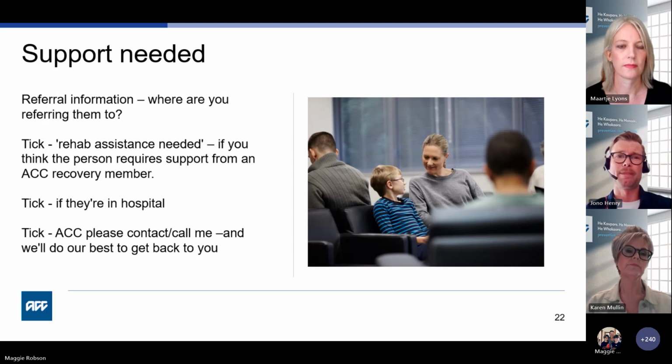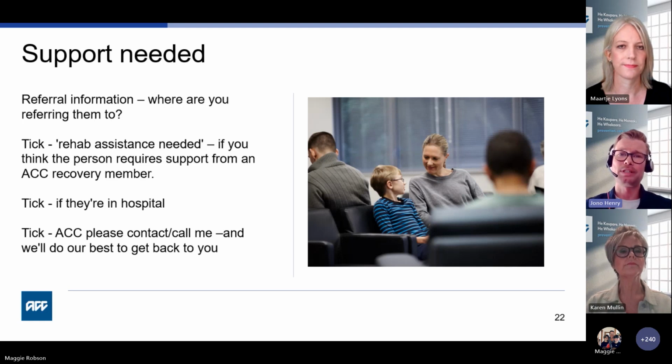Now, whilst there may be a section or a tick box to request that we call you, it may not be the best way to get a hold of each other, as everyone has busy schedules. We will acknowledge that you do require some assistance from us, and we will try and get in contact with you as soon as we can. However, if you need us to get in touch with you, utilise this section of the ACC 45 form, but try and get in touch with us in another way, for example, sending us an email.